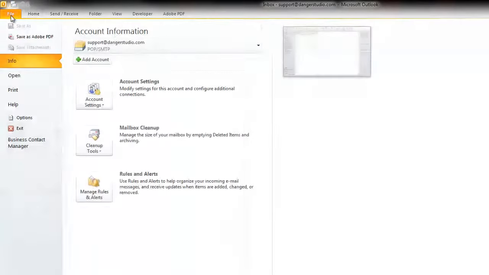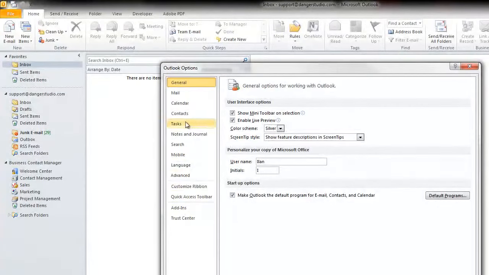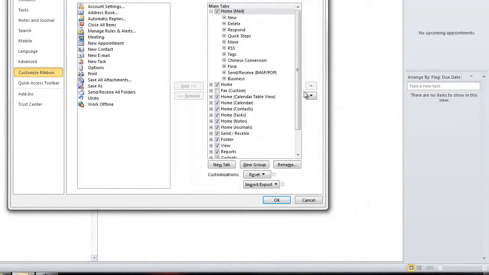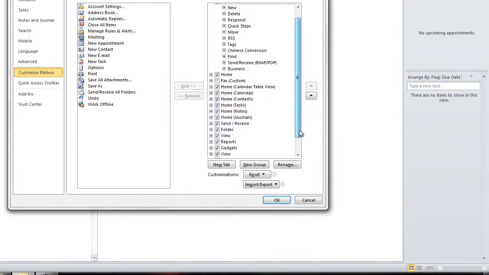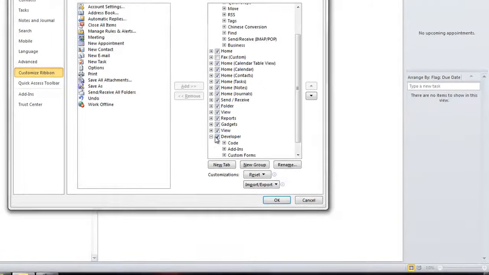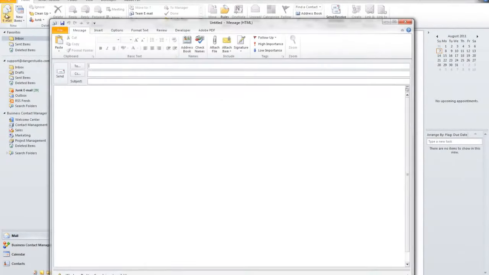Well, first let's head on to our File tab, and I'm using Outlook 2010, and I'm going to click on Options. And in Options, I'm going to head over to Customize Ribbon, and you'll see here that there is a tab as a checkbox that usually comes unchecked. It's called Developer. Okay, so let's check that box. Now I already had it checked, but I'm just letting you know, when you enable the Developer tab and you click OK, when you go to create a new email, you're going to see you will now have a Developer